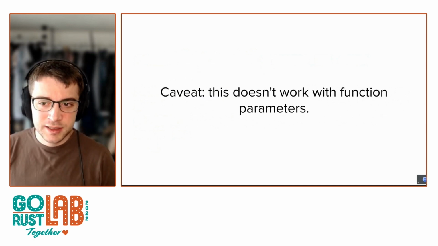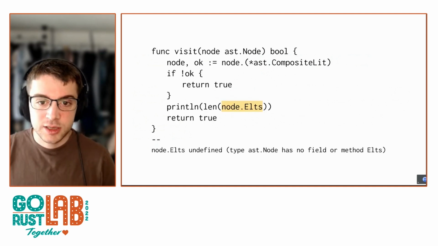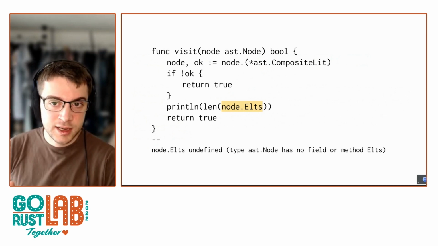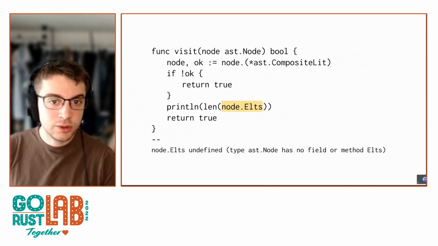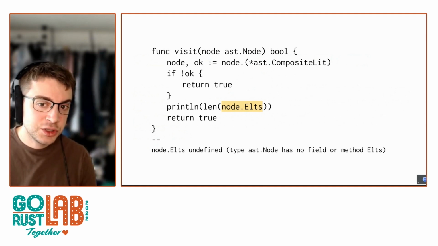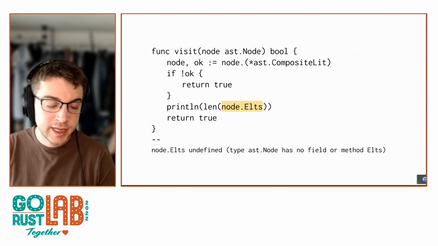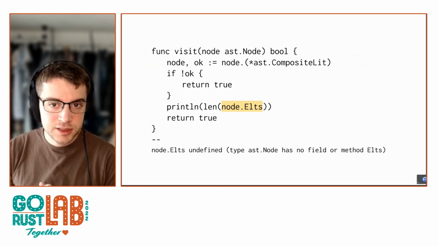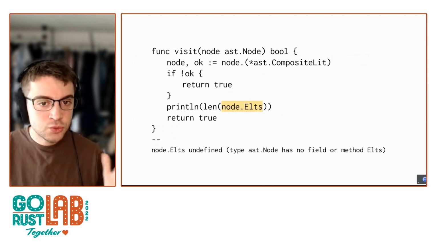One caveat is that this doesn't work with function parameters, which I'm actually quite sad about. So in this case, we've got a visit function that takes an AST node again, and then I want to type assert it into a composite literal. And then I want to use that typed node, which is no longer an interface, and access one of its fields. And this fails. And it fails because there's just one scope here,